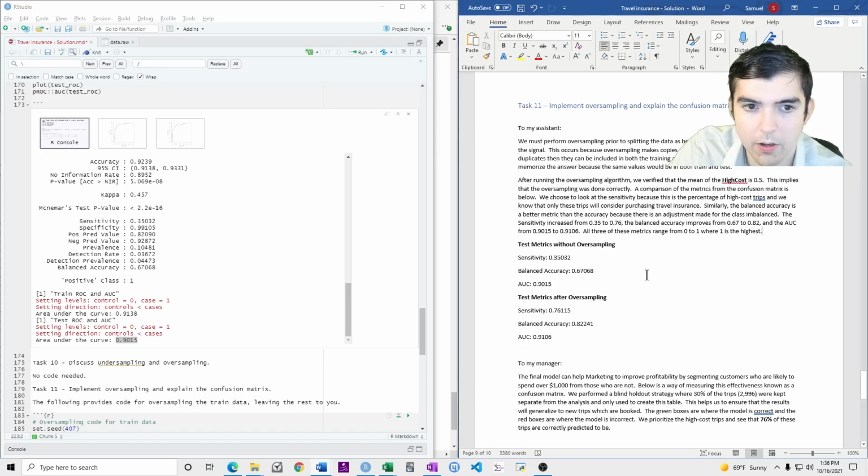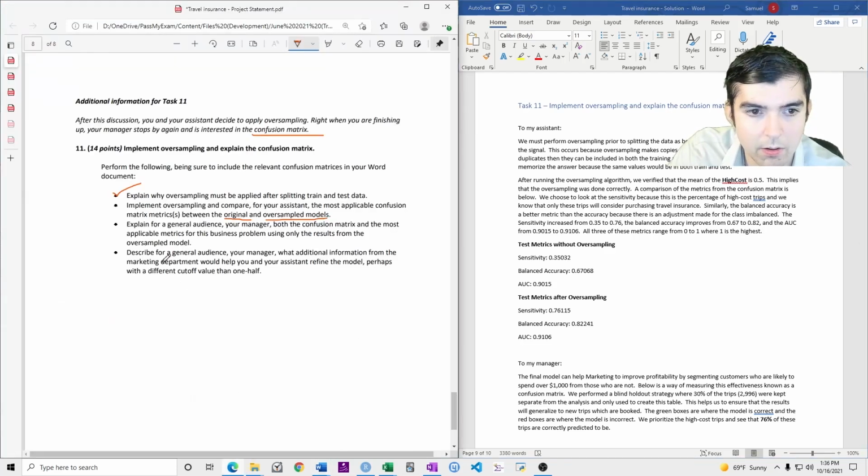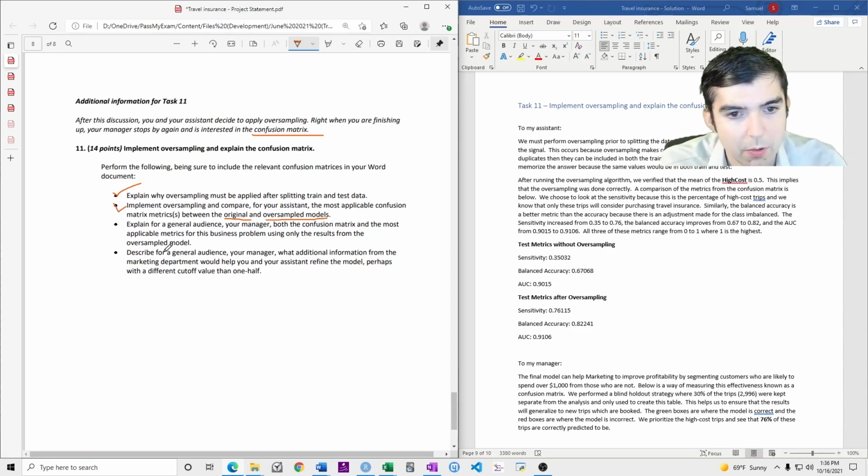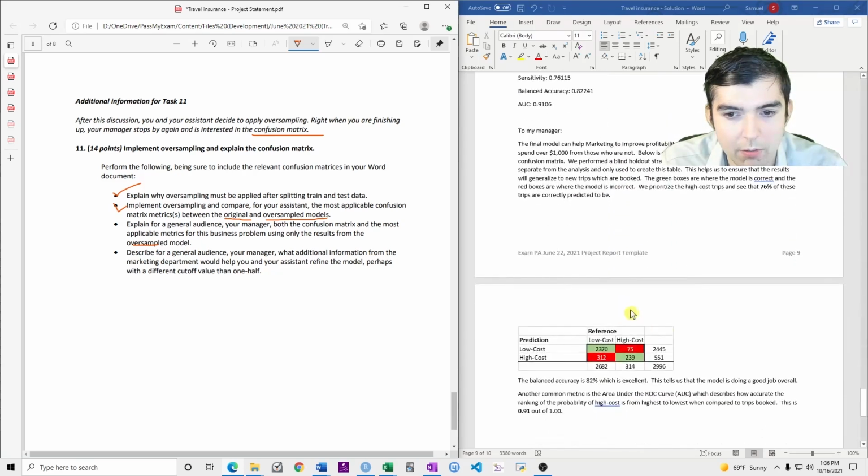Okay, let's see. Yep, so we explain these metrics. Explain for a general audience, your manager, both the confusion matrix and the most applicable metrics for the business problem using only the results from the oversampled model. So that's what I've done already. AUC, balanced accuracy.